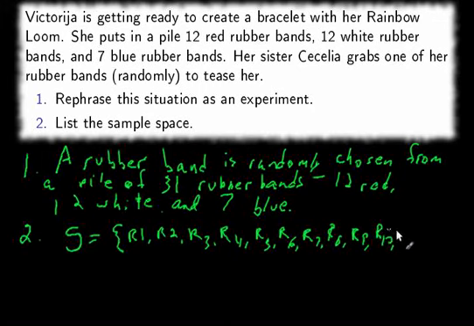All the way to 12. And that's just the red ones. There are 12 white ones and 7